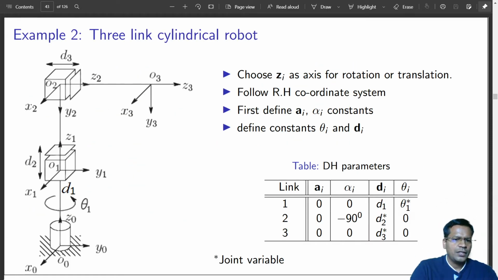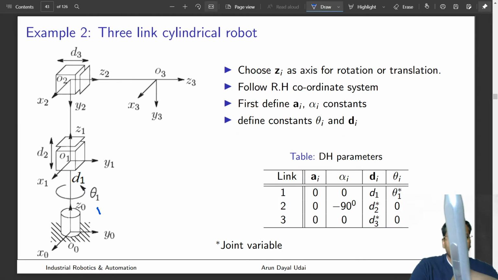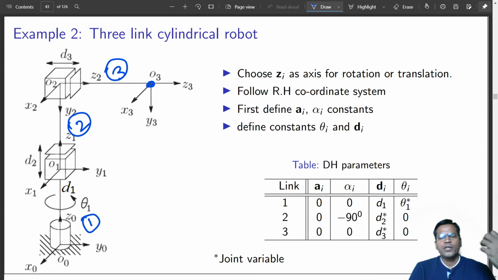As you have seen, you have your first link which is here, and then you have the second link which is here, and you have the third link which is here. So the first three links can place this point O3 anywhere in space. You saw it is in a cylindrical workspace, it can be any other type of workspace, but 3 is just sufficient to take it to any place. Three translations can take it to any place.